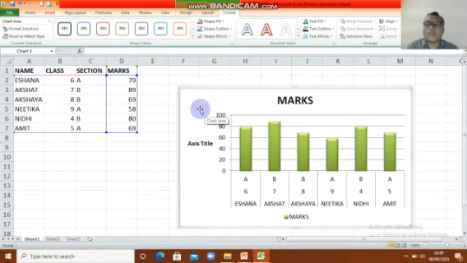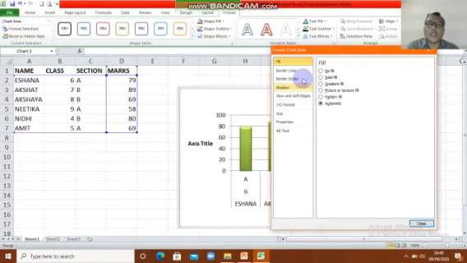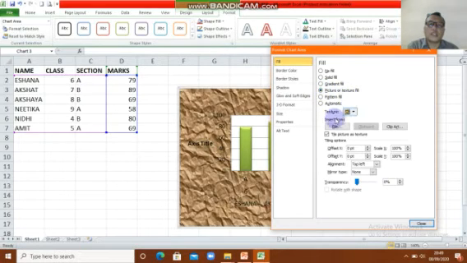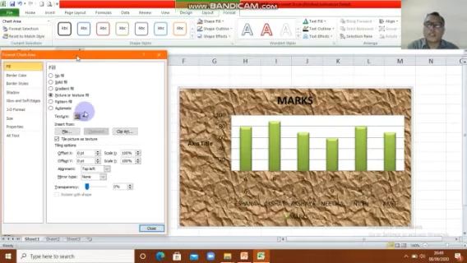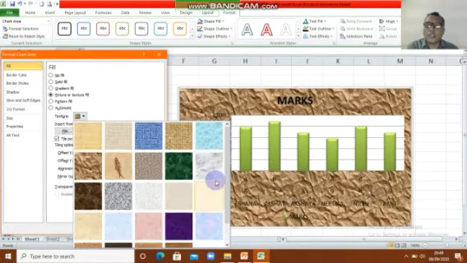We want to try the first, Format Selection. Here we have Fill. If you want to fill the chart, we try picture or texture. Look at it. I want to move this here. We change the color, for example this one.